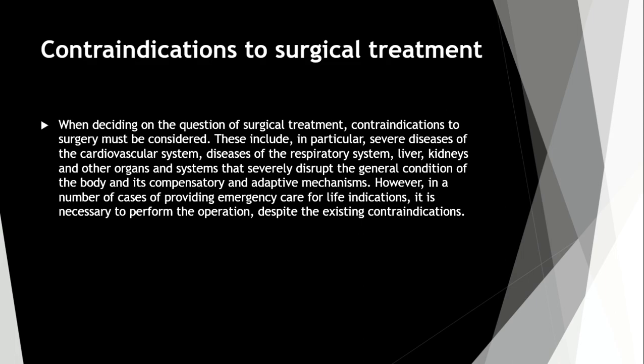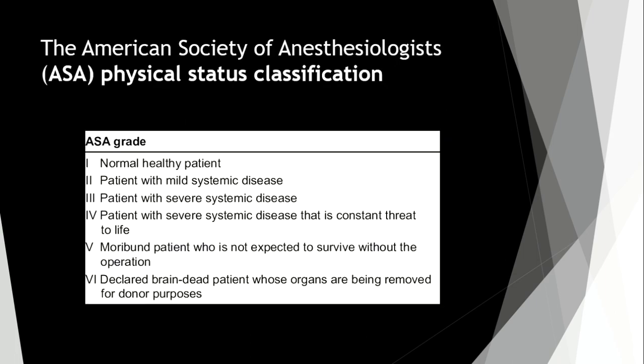However, in a number of cases of providing emergency care for life indications, it is necessary to perform the operation despite the existing contraindications. Here we have the assessment of physical status by the American Society of Anesthesiologists, or shortly